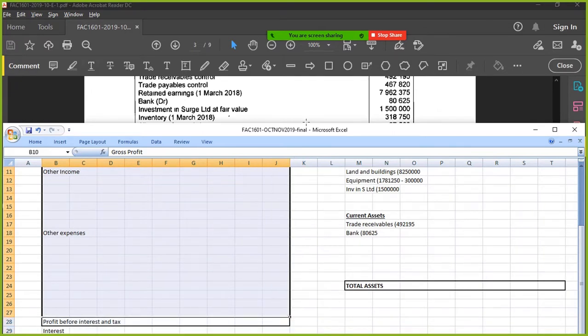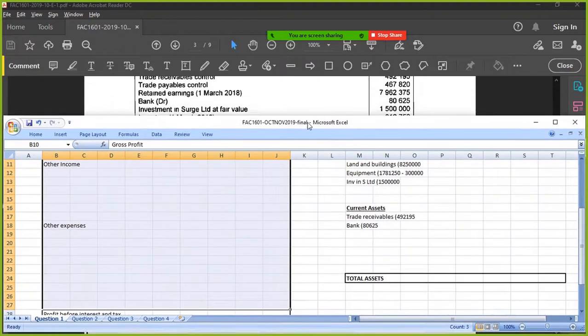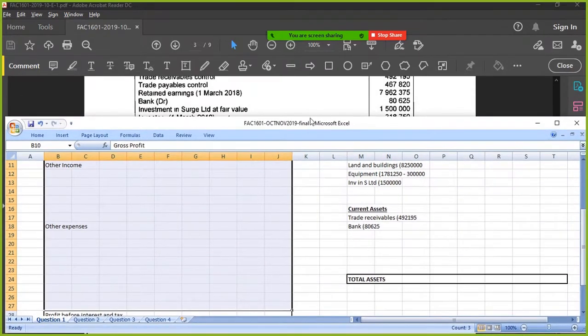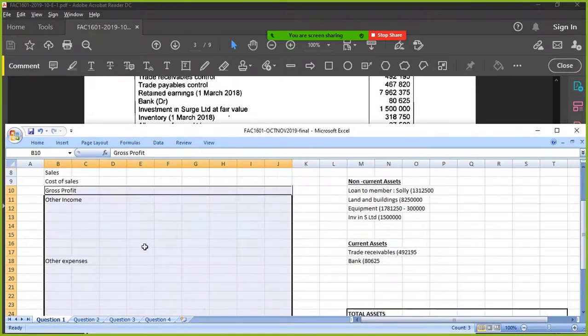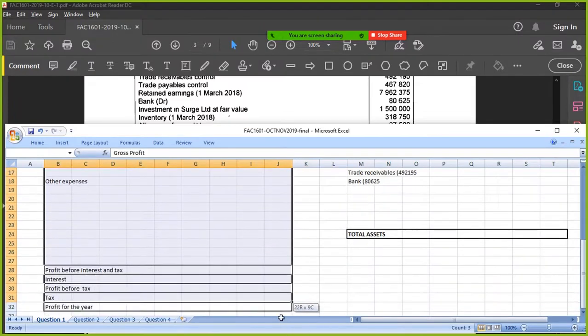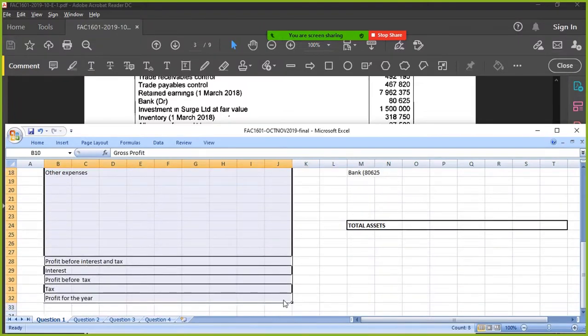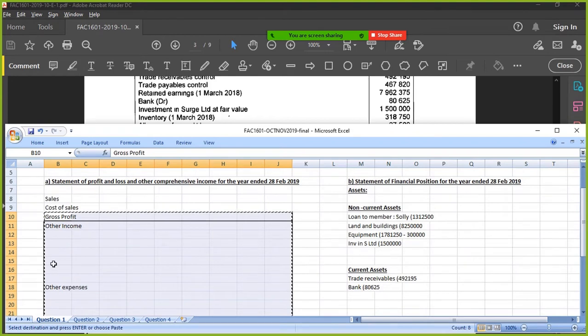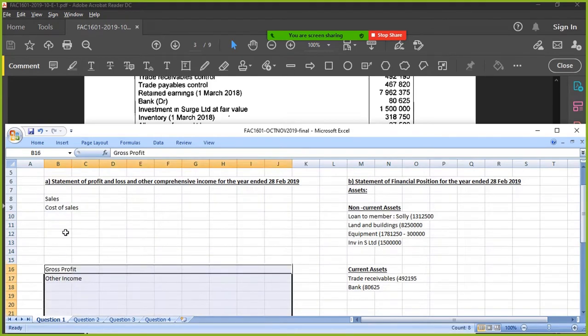Why isn't it scrolling down? I think I have, okay, there we go. Okay, so when I see that, I'm expecting cost of sales. Okay, so let's just paste it down a bit. Okay, so opening stock,